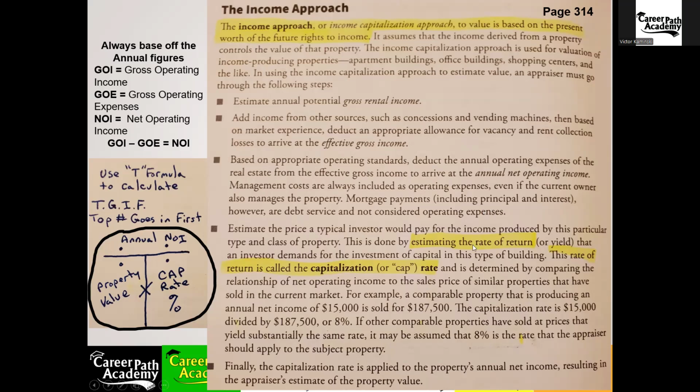Okay. So the income approach is used to determine the value of any income-generating property. And this can be done in several different ways. One of the most common ways is by determining cap rates, cap being short for capitalization rate. That's the estimate of the rate of return on an investor's money. So how much money do they invest into this property? What's the rate of return for them to get that money back? The higher the rate, the more income they'll get. But the higher the cap rate,